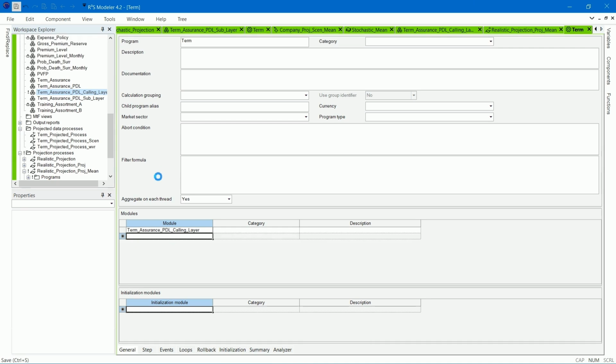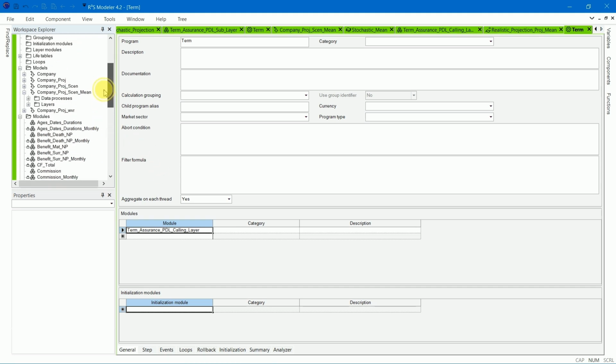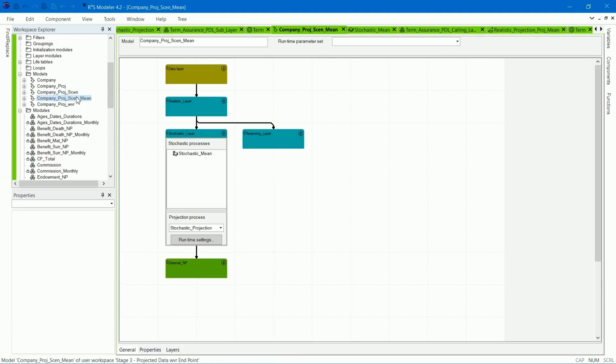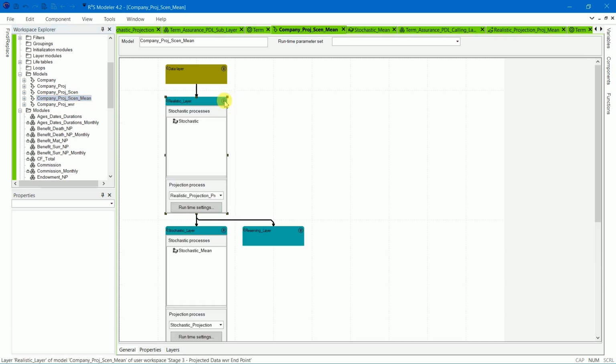We now need to assign this projection process to the top layer of the model. Open the Company Proj Sen Mean model. Click the drop-down box for the Realistic layer and change the projection process to Realistic Projection Proj Mean.